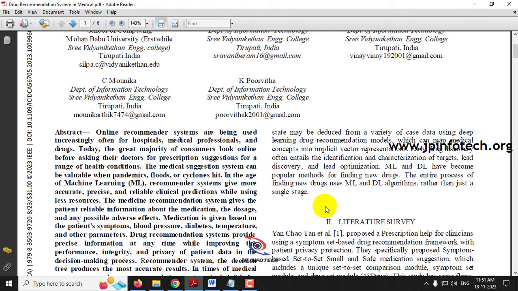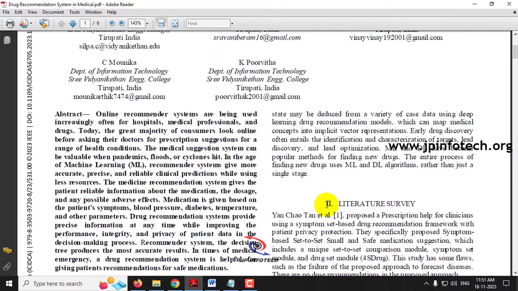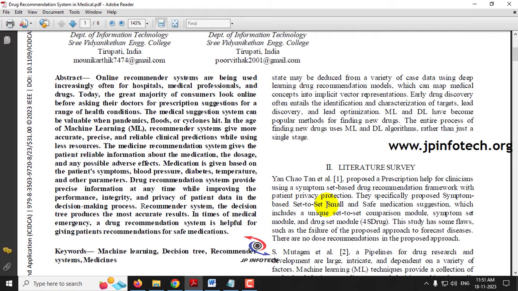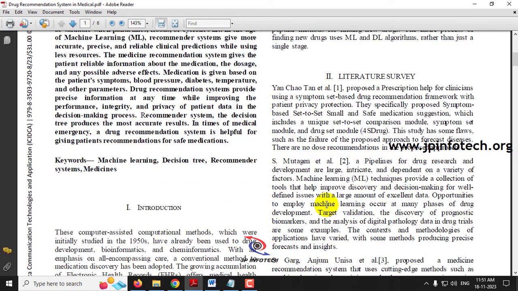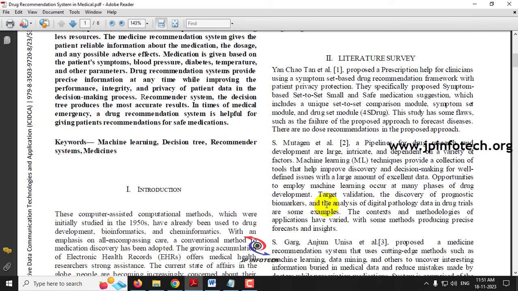But the problem is that there are various diseases with the same symptoms. So if you use the wrong medication or wrong drug, it may affect your health, and it is also dangerous to human life.